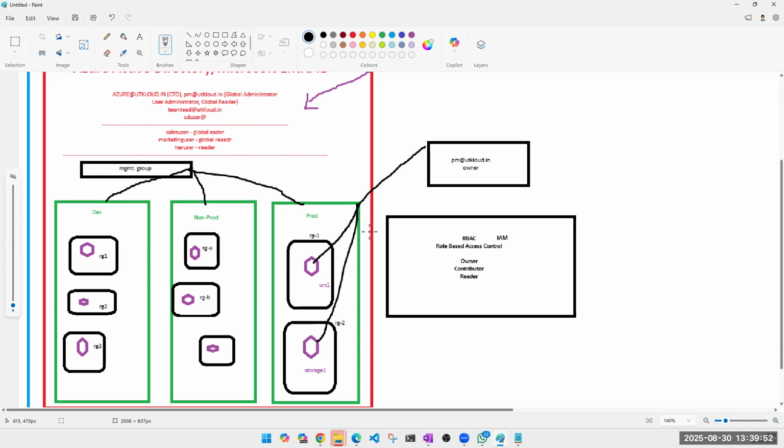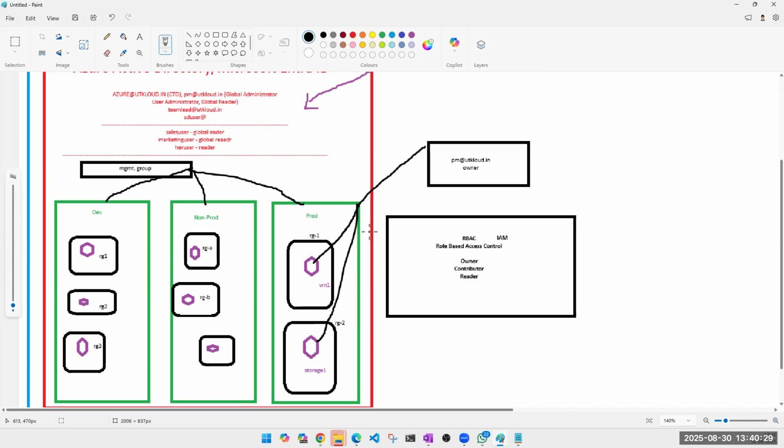Now, I want to hire someone. Let's say that Rizwan is a new employee in my company. I want him to work on the dev environment, and still I do not want him to create or delete anything. I just want him to observe for the first week, or let's say 2 weeks. What is the process? He has just completed his HR formality. It's his first day in the company, and you are the IT guy planning everything from scratch. What will be the very first thing you will do for him?